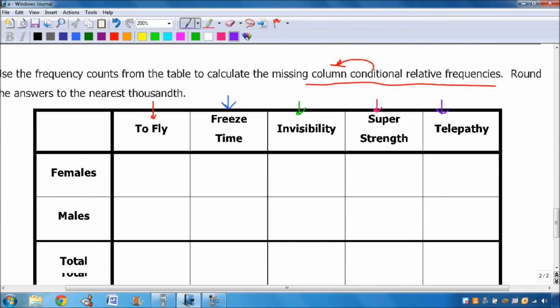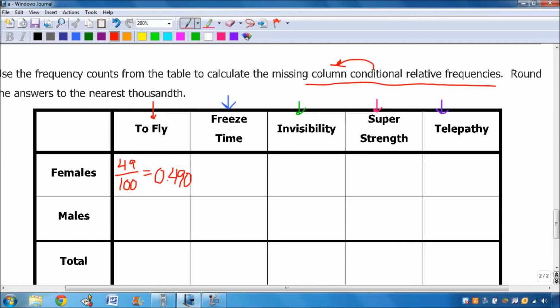So you should end up getting 49 out of 100 because 100 people chose to fly. Now you don't need a calculator for that. You should know that it's just 0.49, and then I'll add a 0 on because it's rounded to the nearest thousandth. And then we need to see how many males out of all the people that chose